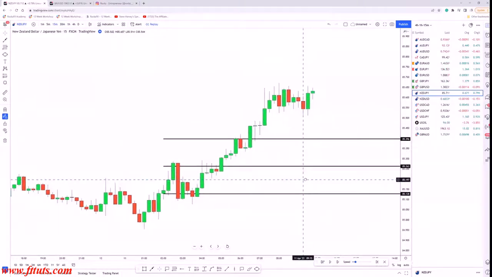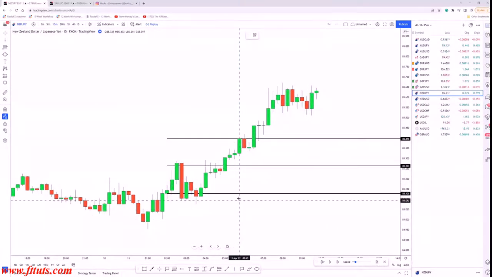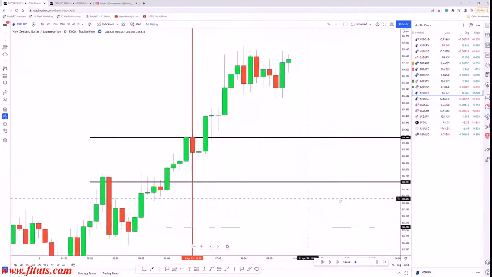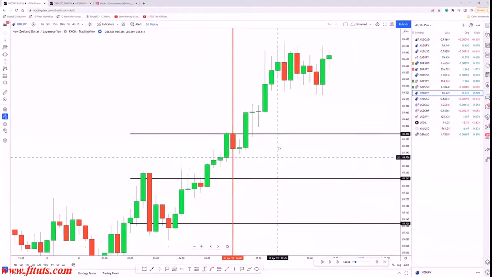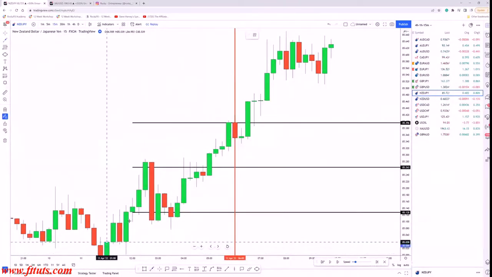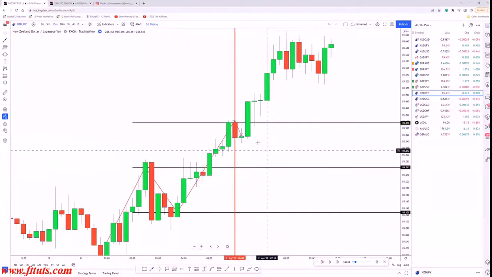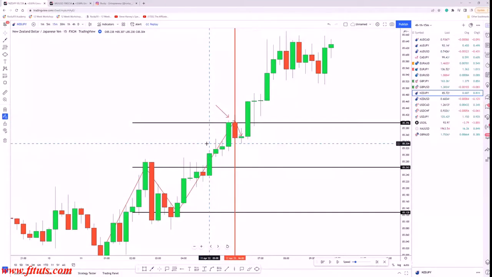I'm now on the 15-minute time frame. I identify the area in the market where that candle closed. Now, when we're on the 15-minute time frame, what do we see here? We see structure that resembles higher highs and higher lows. This is the area in the market where that previous 4H candle closed. Once this candle has closed, I've already made a decision in my mind that I'm doing what? Taking